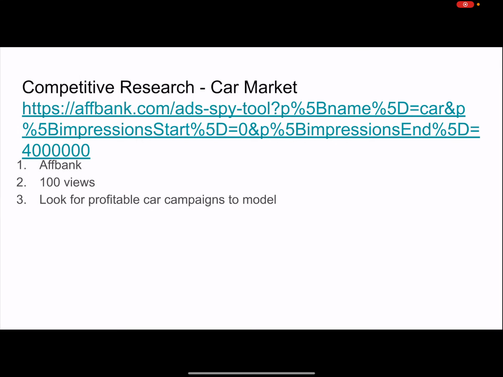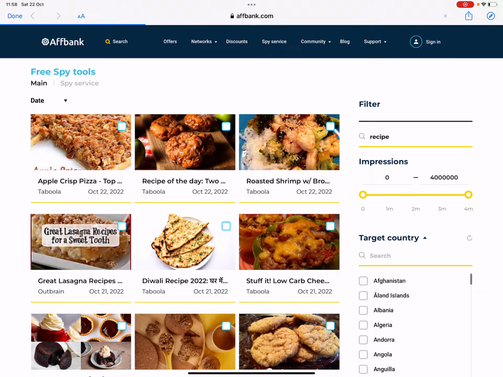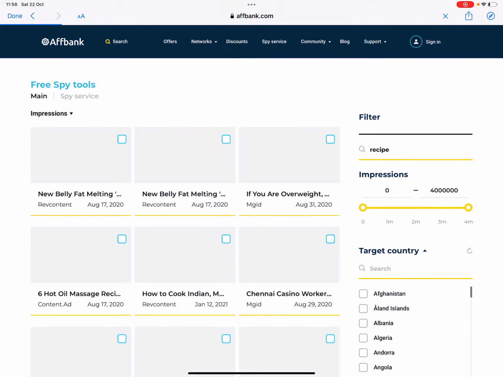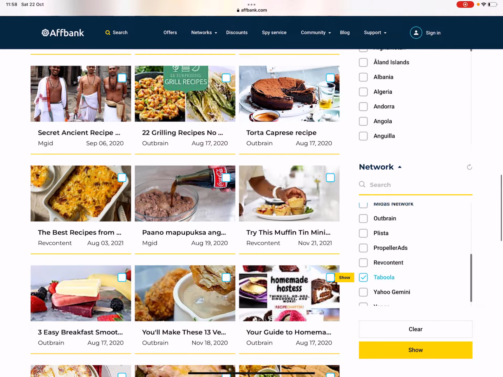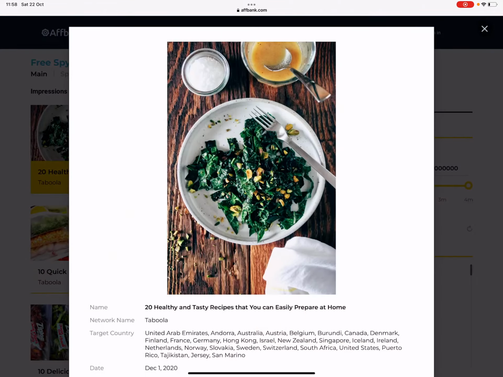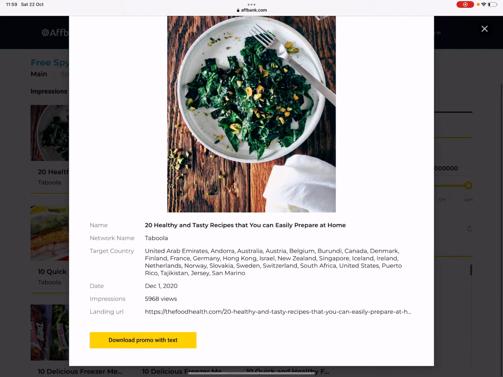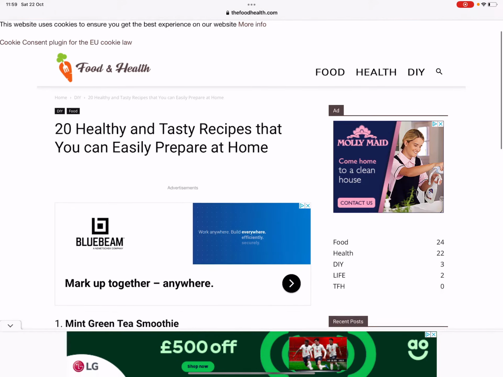Then you've got the same idea in, for example, the recipe marketplace as well. So we're always going after mass appeal, massive volume markets. These markets have massive demand, massive amounts of people who are interested in them, and we want to serve as many people as we can. Also, these are profitable markets for us to place our AdSense ads on. As you can see here, you've got these recipe ads, seen almost 6,000 times, and the same kind of process again, where you have the web page, the ads, and people click on these ads.